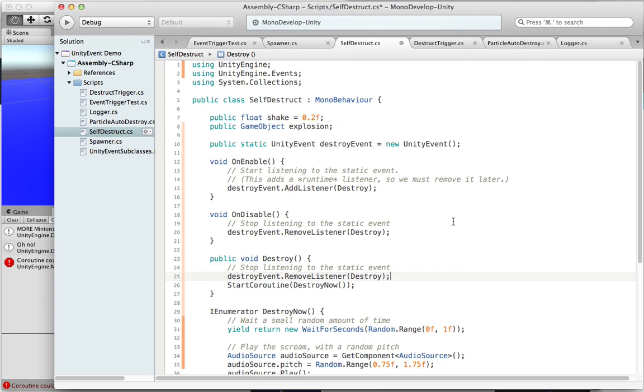So now we have this global event, and we have all of the instances automatically adding and removing themselves. How do we invoke that event? A static Unity event doesn't appear in the inspector, so there's no easy way to hook up to it that way. So we're going to make ourselves a helper method